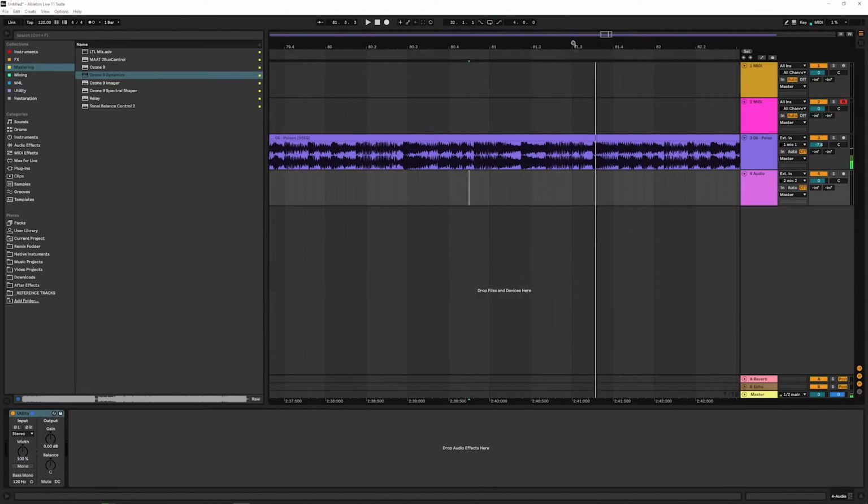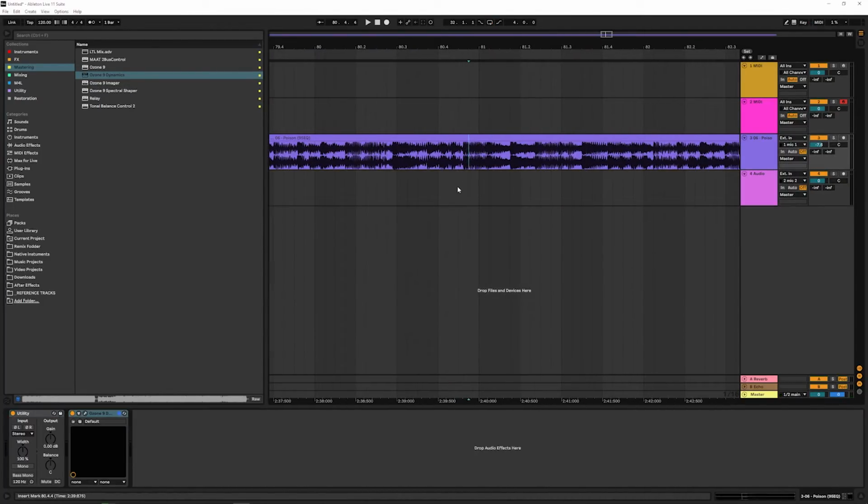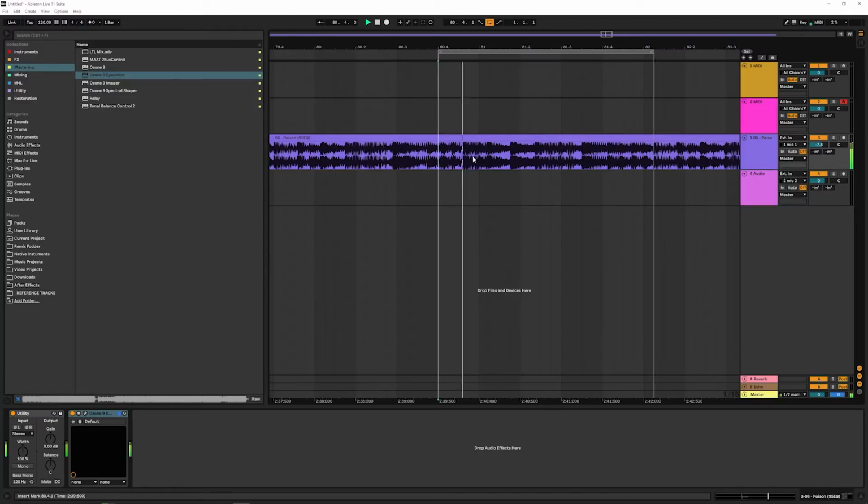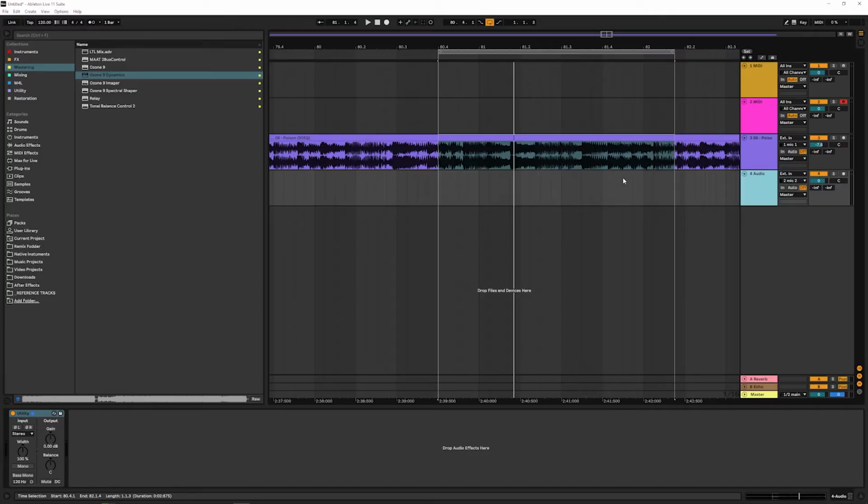Okay, so what can we identify about the sound? Well, it comes in super fast. So there's probably very little attack. It just comes right in and then comes right out. So 0 attack, 0 release. Full sustain, meaning that the sound is at its full volume for the whole time.